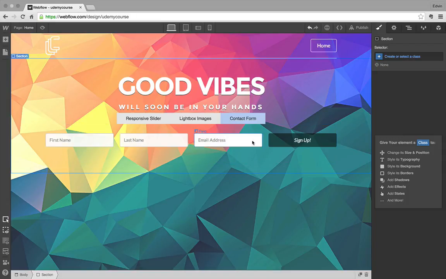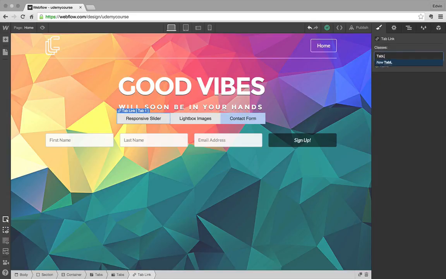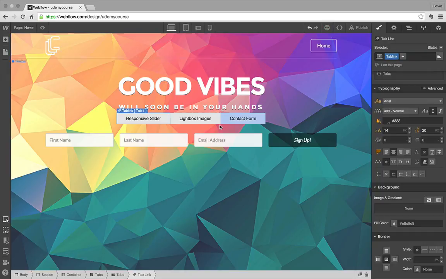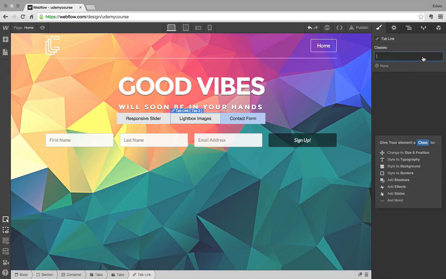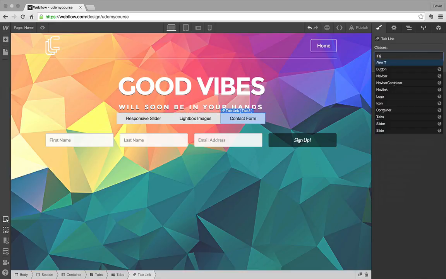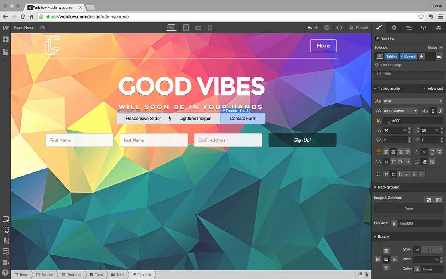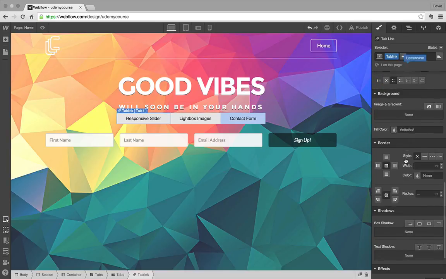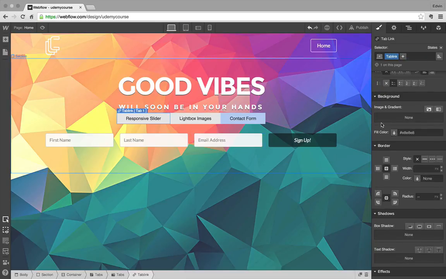So now I have my hover states for my fields, and I want to go and touch up on these tab menu buttons right here. So first I need to add a class to it. I can just call them tab link, and tab link as well. Okay, and then I want to remove the background color,